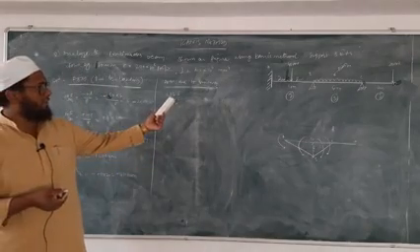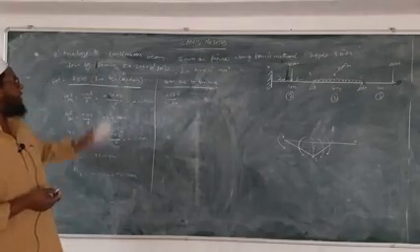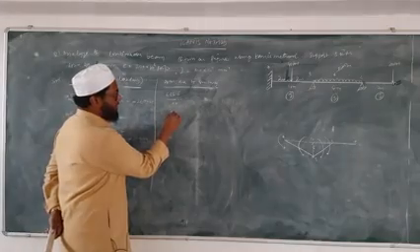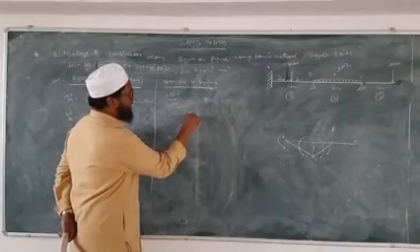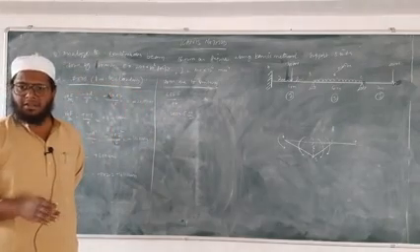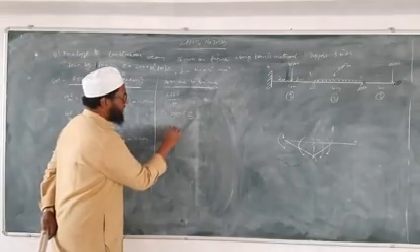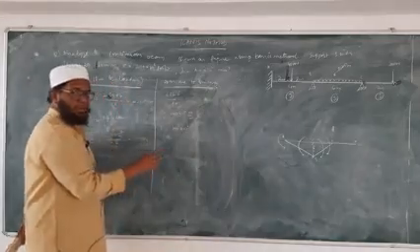So we will calculate first E and I. See here, what is the value of E? E is equal to 200 into 10 power 6 kilonewton per meter square. So the values we have are all in kilonewton and meter. Okay, no problem. What about I? 100 into 10 power 6 mm power 4.